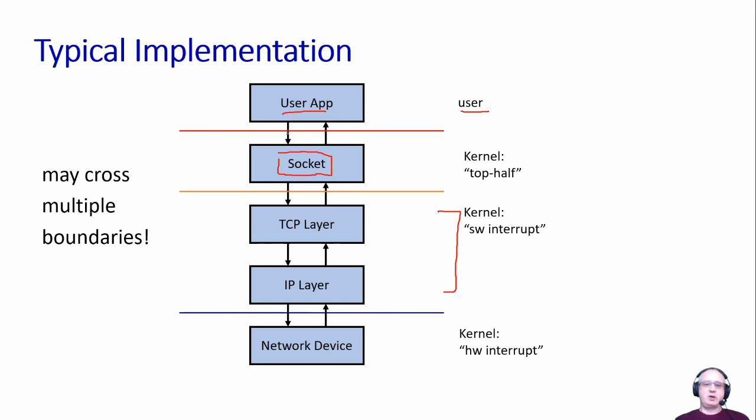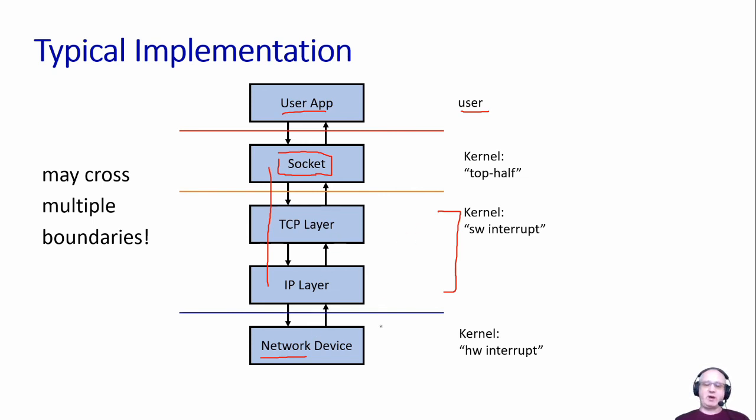To initiate this, to send data for example, a user application would perform a system call and enter the kernel. The data would then be passed through different layers in the kernel that each may be prepending headers, from the TCP layer to the IP layer, and from there to some specific network device that is then used to send out the information.